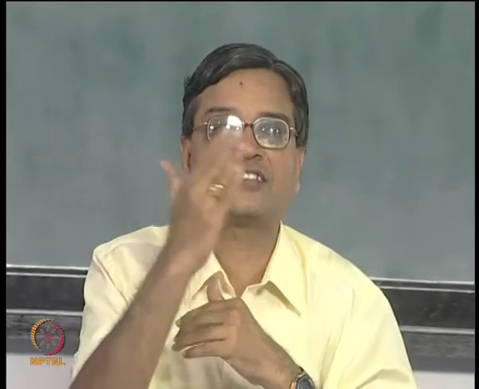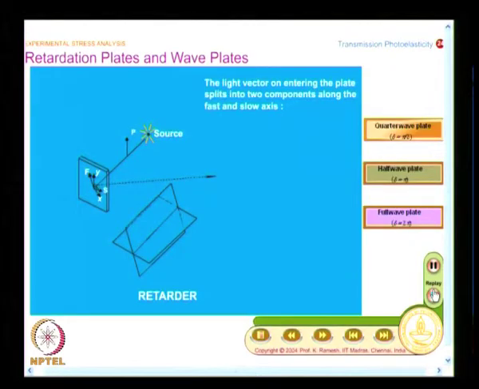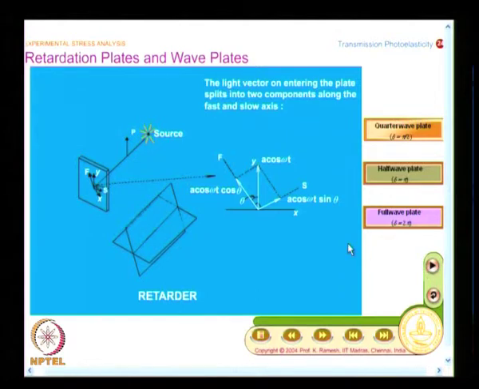But before we get into that, we need to know little more about what happens. Suppose I take a crystal plate, that we will see now. I will just take a crystal plate, and you have to observe it very carefully. We will do this 2-3 times. So, what I have here is, you keep your notebook horizontal and draw this sketch, and we will see part by part and then explain. And what we are going to discuss is retardation plates and wave plates.